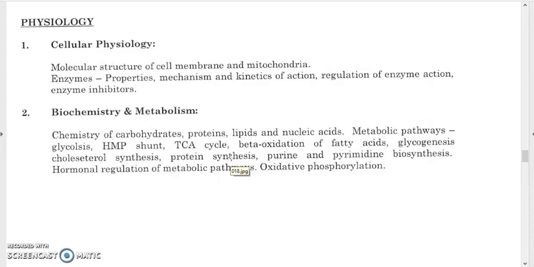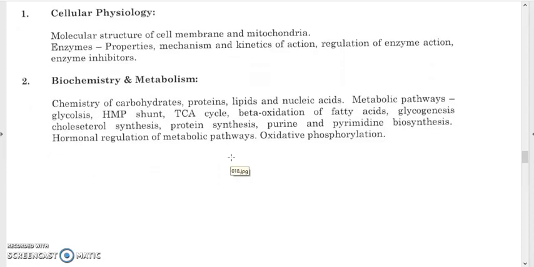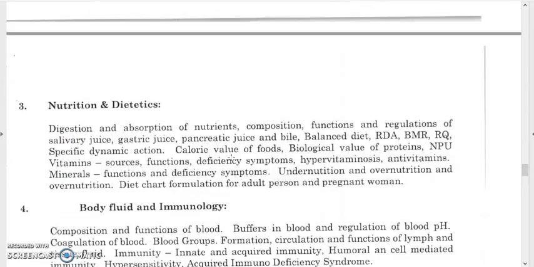Already we have seen in the previous syllabus also, these are there. Biochemistry and metabolism, chemistry of carbohydrate, proteins, lipids, and nucleic acid, metabolic pathways like glycolysis, HMP shunt, TCA cycle, beta oxidation of fatty acid, glycogenesis, cholesterol synthesis, protein synthesis, purine pyrimidine biosynthesis, hormonal regulation of metabolic pathways, oxidative phosphorylation, nutrition